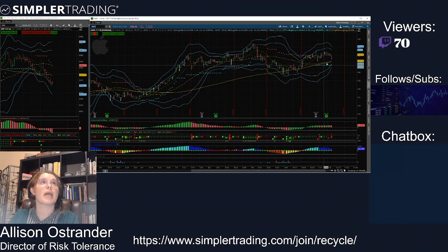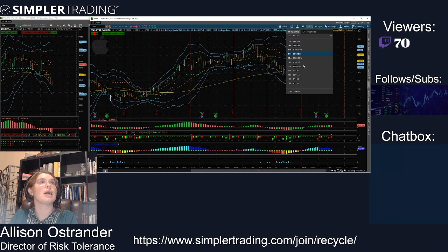So overall, what I would like to see is, ideally, I want to see the price hold the 30 and the 100 period simple on the daily chart. That's around 146. So that means I need to be okay sitting through a pullback, probably down into that level. Ultimately, I want to see it hold the ATR trailing stop. That's around 144. If it starts to break that, then we're probably taking some sort of action on this trade to manage it. Otherwise, if it can hold that, ultimately, I still like this to the upside,